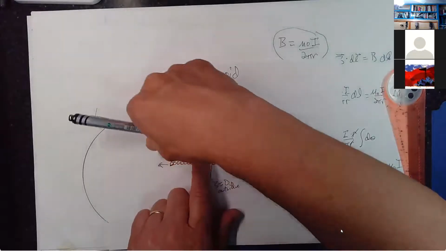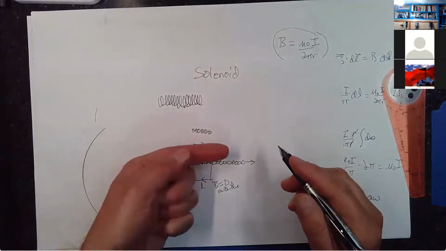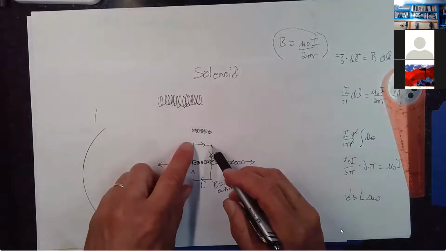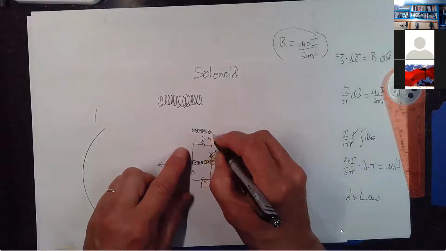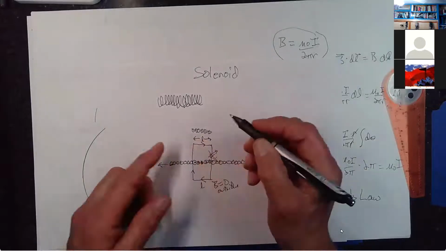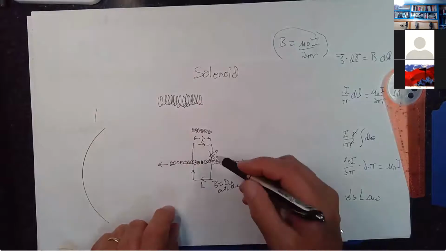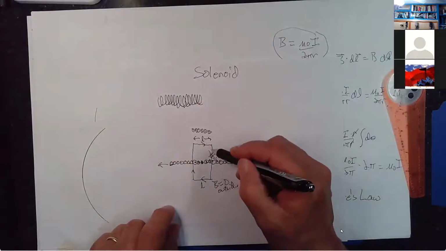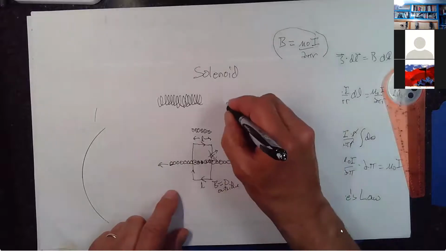Inside here, as long as we're going along a path that's parallel to the axis of the solenoid, we'd expect the magnetic field to be uniform in strength and always pointing down the thing. So we'll imagine this thing has a length L. The B dot dl along these parts is 0. So our integral of